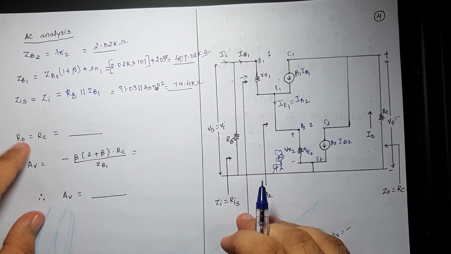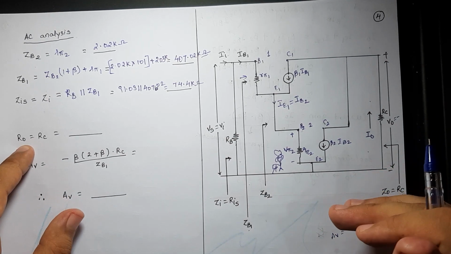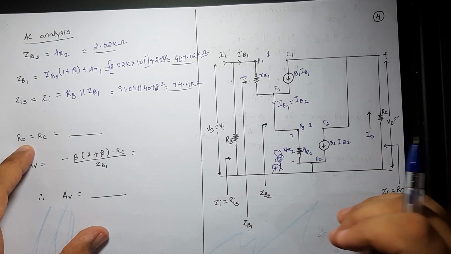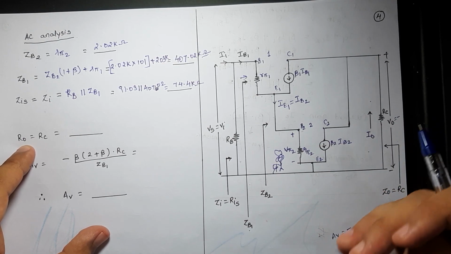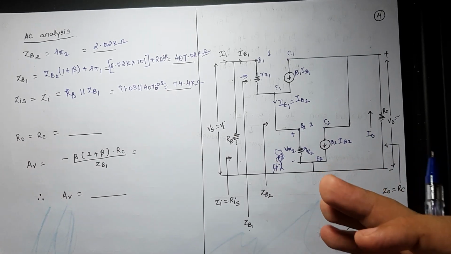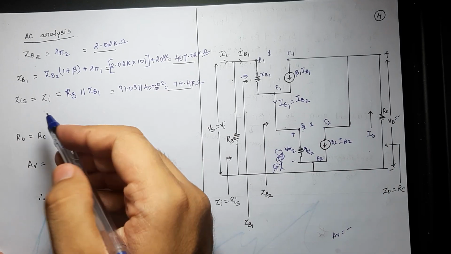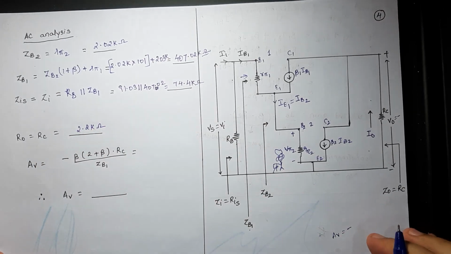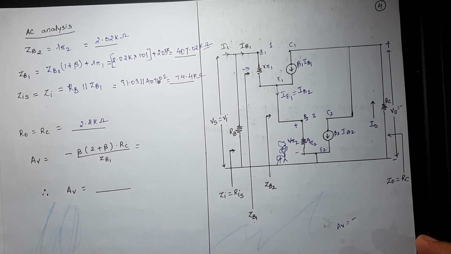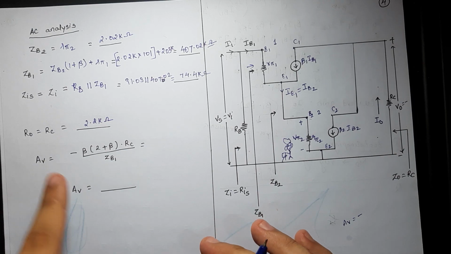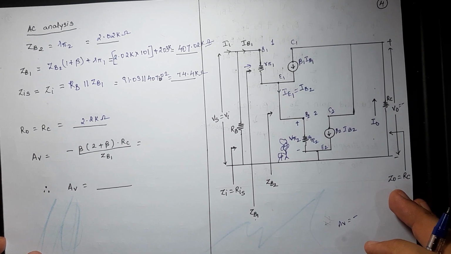Now to find out the output resistance, do we ask ourselves the question, is RL connected into the circuit? No. If not, then the output current flows through the output resistance, that is RC, given in our case. RC is given as 2K2, that is nothing but 2.2 kilo ohms. And for the very first time, the value of gain I have written directly. If we need to derive, it's a half cut derivation, not required. For the time being, we have this formula to be written, and the formula is simple.